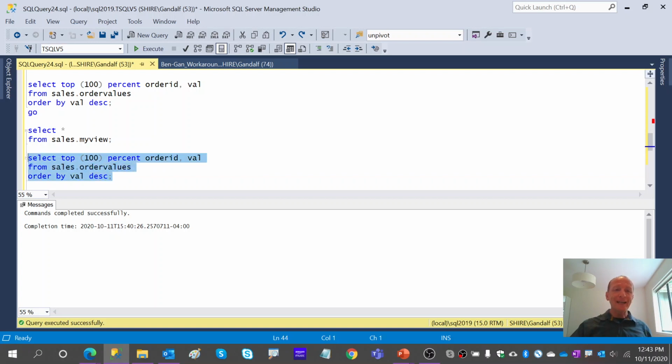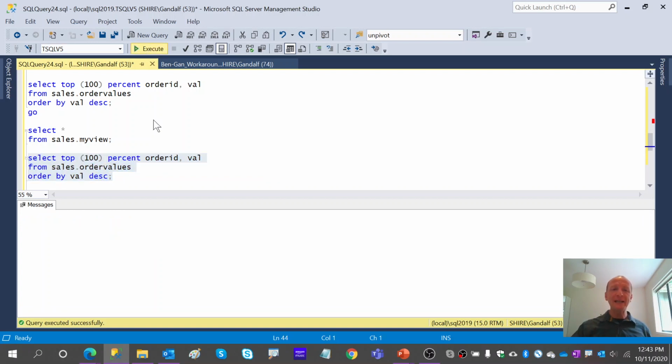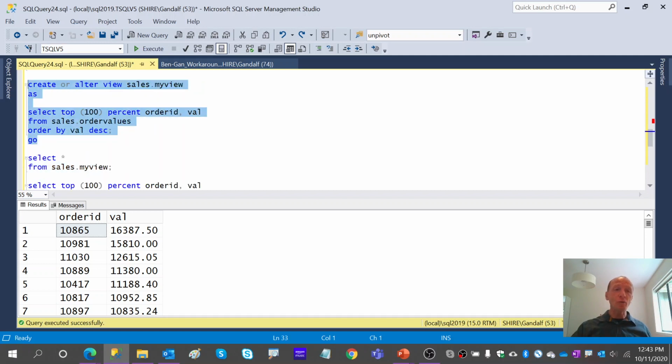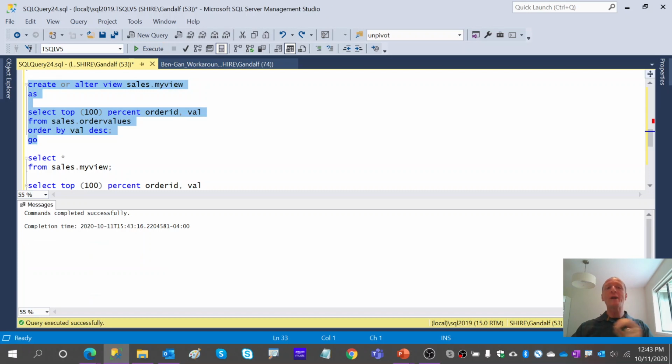So here, as the outermost query, I definitely have a guarantee that the rows will be presented by value descending order. But if I define a view based on a top 100% query with an order by, and my outer query doesn't also have an order by clause, SQL Server's optimizer is smart. It says, you know what?